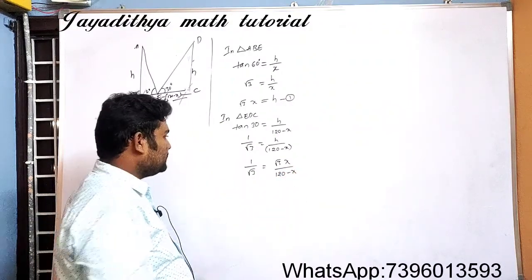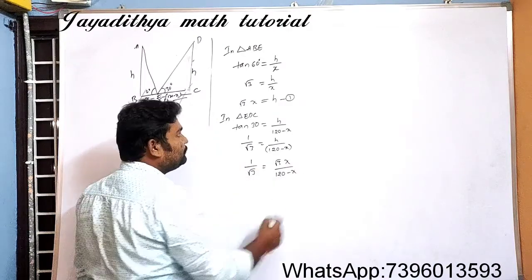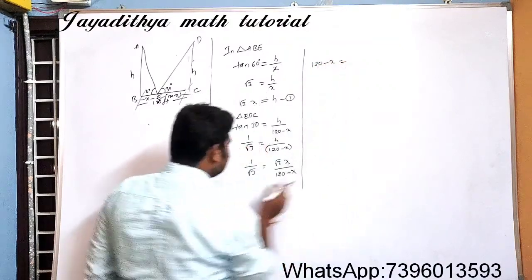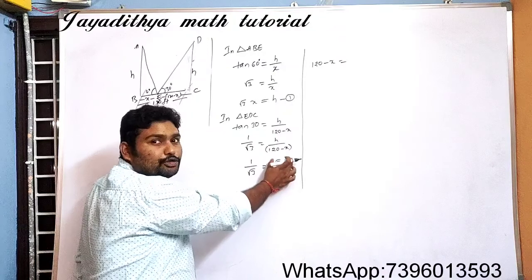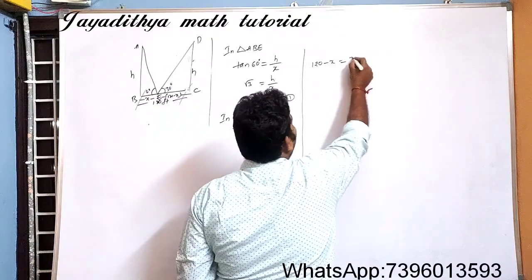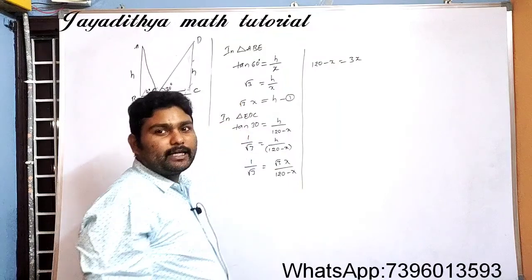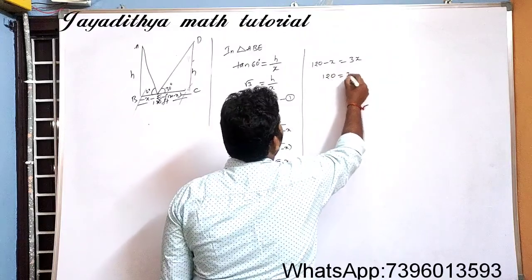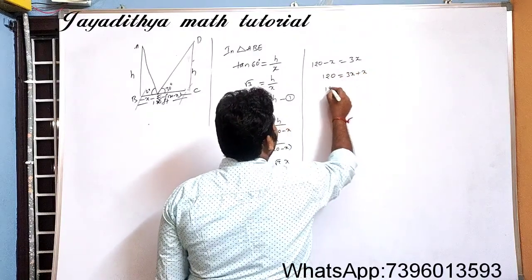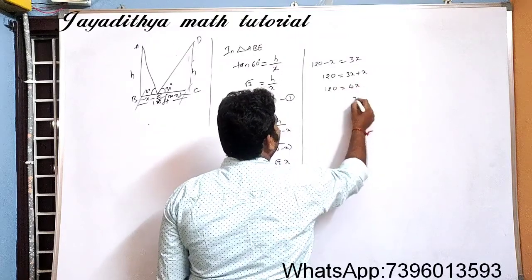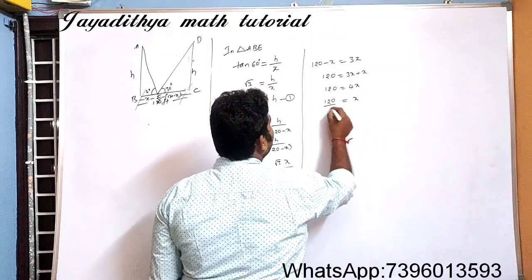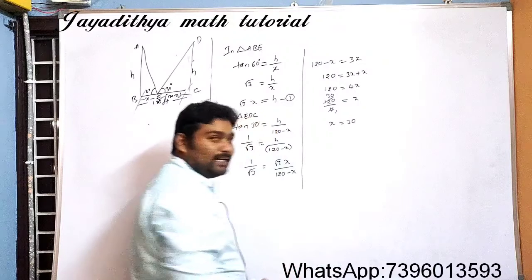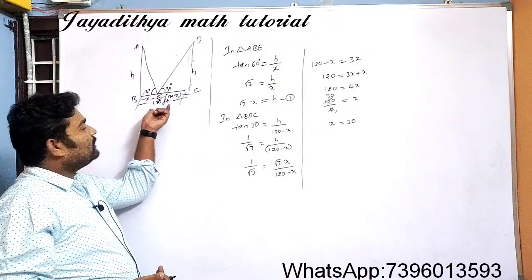So simply do cross multiplication. What happens after cross multiplication? 120 minus x is equal to root 3 going to the right-hand side and multiplying in the numerator. Root 3 into root 3 is 3, and you have x, so 3x. Now 120 will be equal to 3x plus x. 120 is equal to 4x. Here it will be 120 by 4. 4 thirties are 120. So x is equal to how much? 30 units. This is a 120 feet road, so you should also take it as 30 feet.